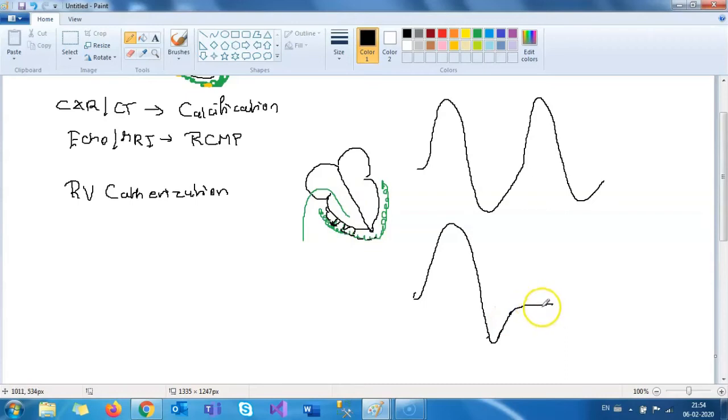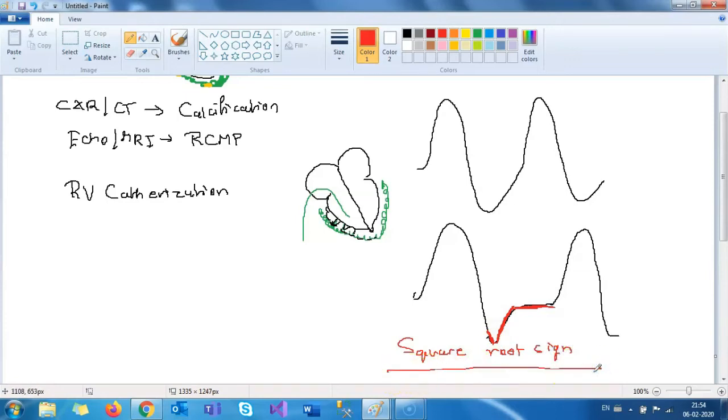This pressure will plateau off, and then you will have the systole. So this produces on right ventricular catheterization what is classically called a square root sign. Okay, square root sign. This is the dreaded sign that used to confuse us during mathematics. However, you can be happy that the only place that you will hear about square root sign is usually in multiple choice questions on right ventricular catheterization in constrictive pericarditis.